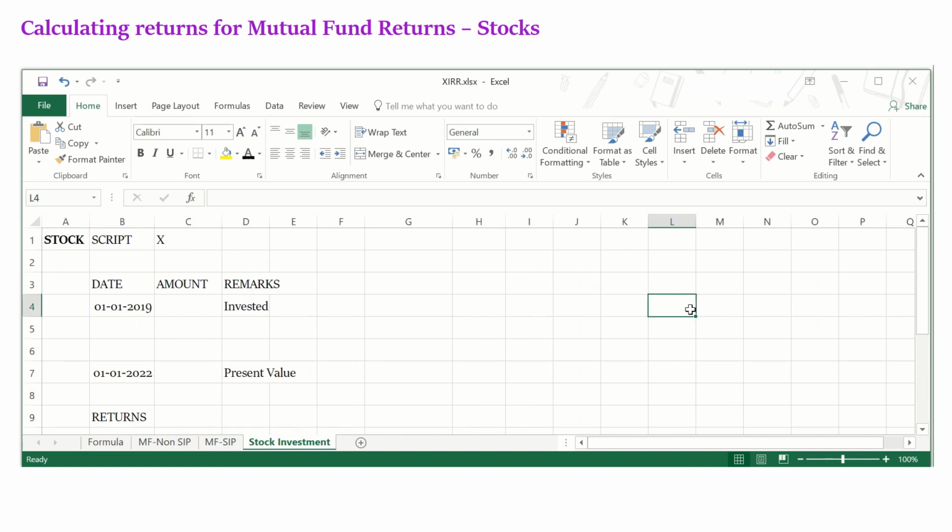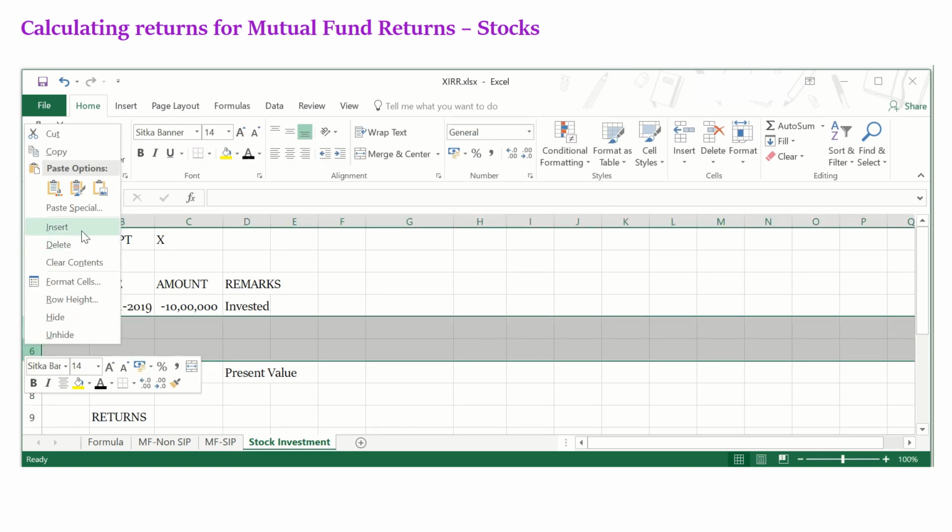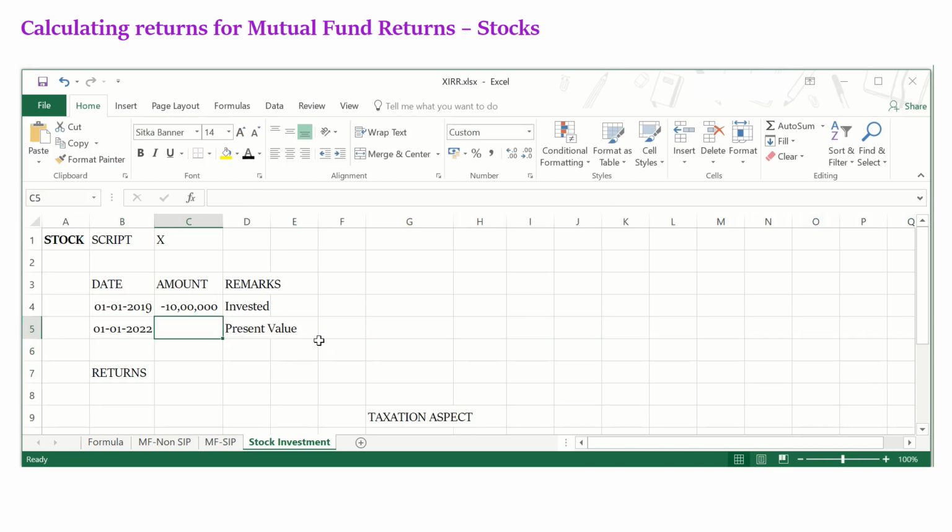So let us now see the approach for calculating the returns for stocks. This is very much similar to whatever we saw now. We'll just quickly cover it. Suppose on a script X you invest some bulk amount of 10 lakhs on a date, 10 lakhs on the 1st of Jan, and being an outgo from you, it should be negative, and you are redeeming it somewhere today,